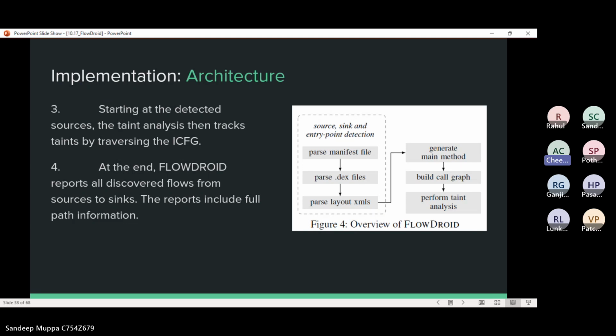Once this analysis is complete, FlowDroid generates a report that includes information about all discovered flows from the sources to the sinks. This report provides a detailed account of the paths through which the sensitive data flows, and allows developers to understand how and where potential data leaks and security vulnerabilities may occur. The next slide.